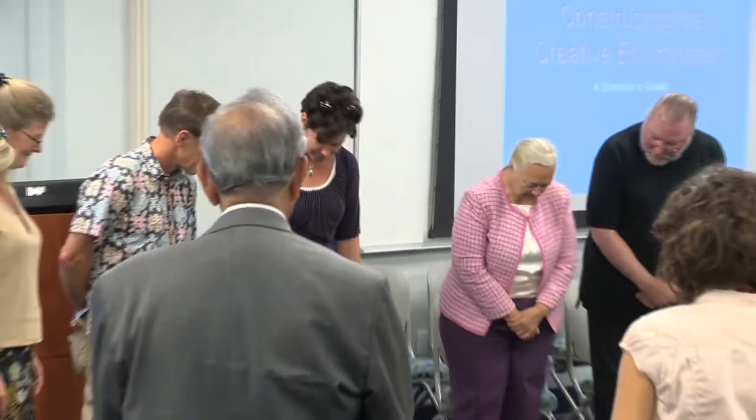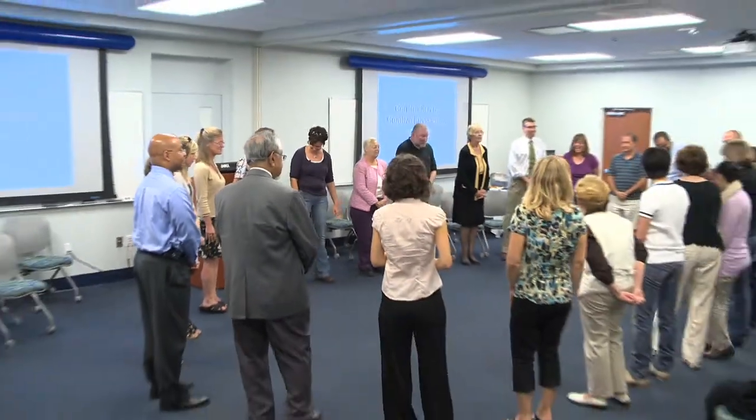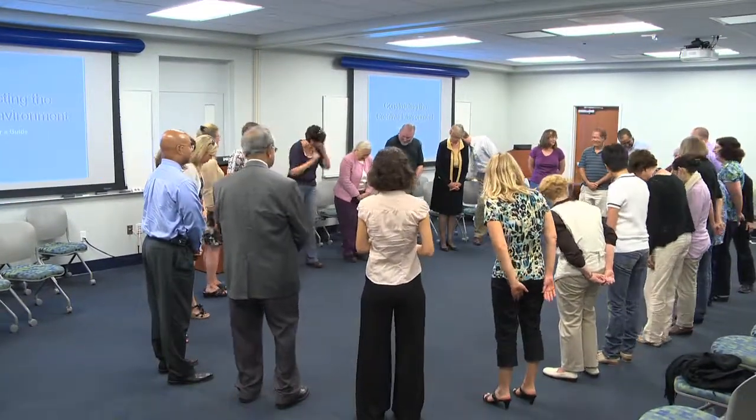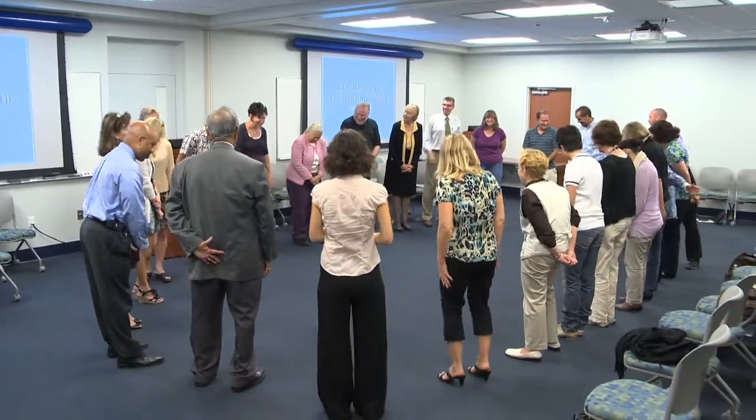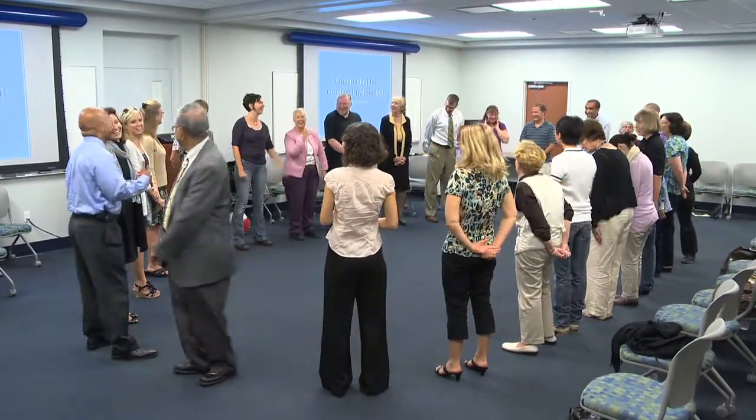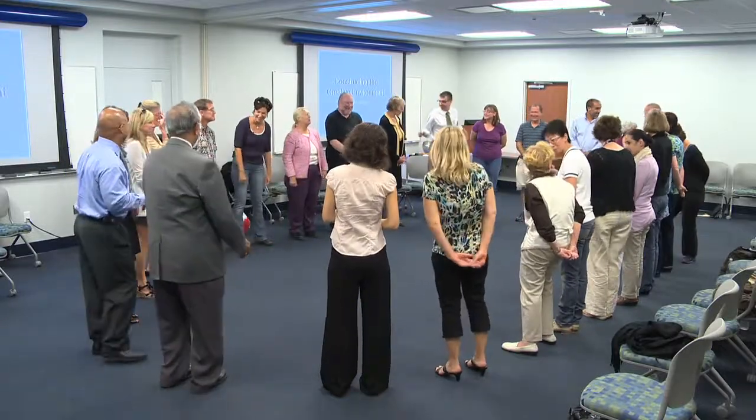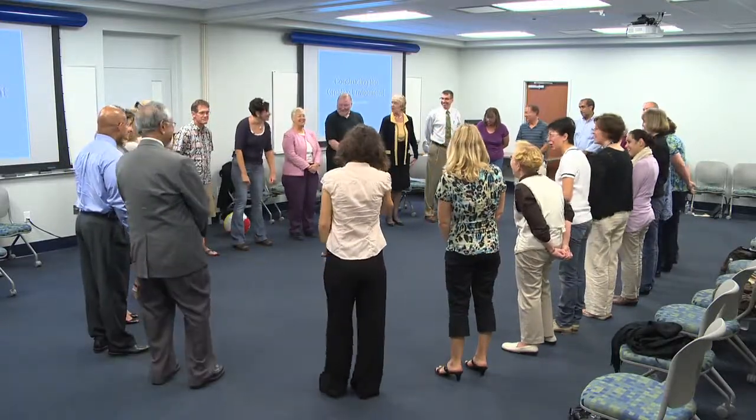All right, so what we're going to do, I said circle, but I think I meant oval. So let's just take a moment. What we're going to do is work together to create a more beautiful oval. So whatever that means to you, what can you do to make our oval that we're creating together a little more beautiful? Here we go. All right. Very nice.